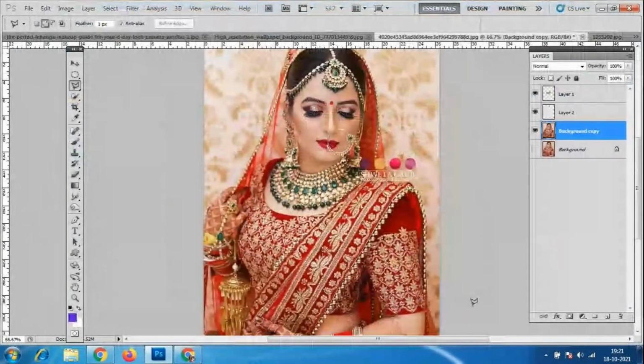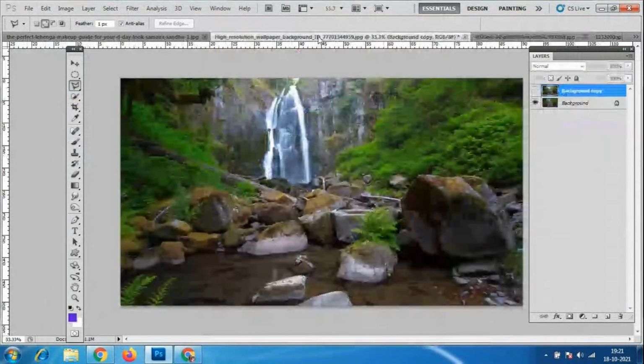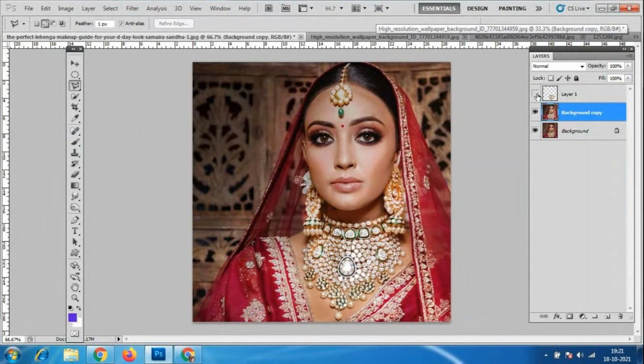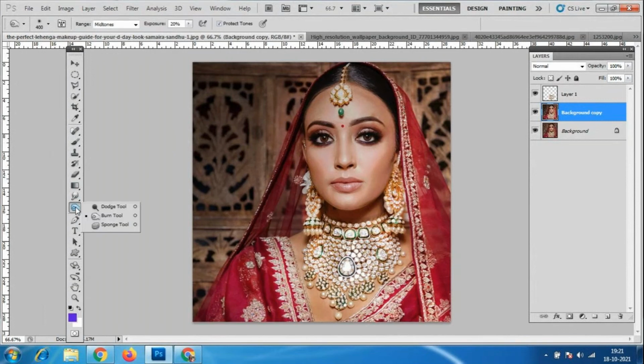Any bridal images, you will get good HD images on the internet. So you can take HD images and keep them like this. You have to make the image bright, and still you have to make it some more dark. Already we have done the bright here, so I'll make it more dull.